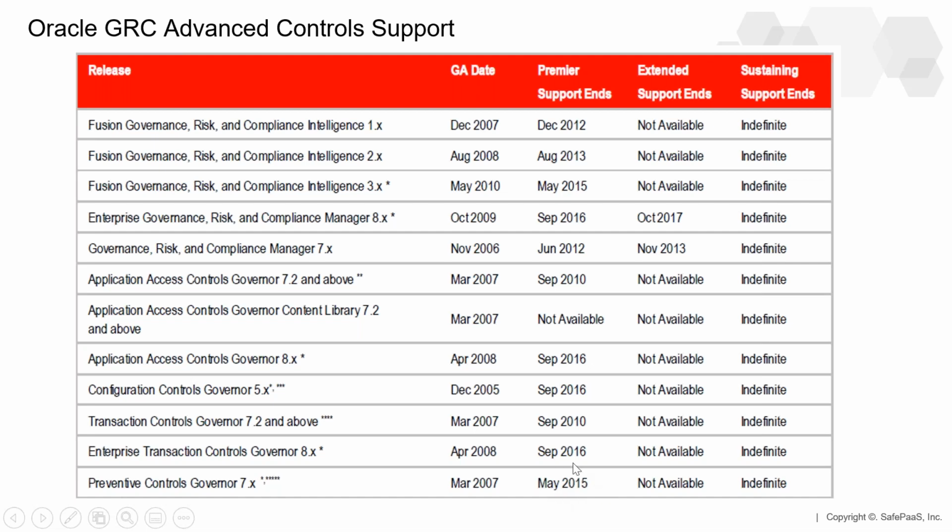That was 2015, and we saw a big drop in usage, but many customers love it because of the benefits it provides, and they still continue to use it. We're even still implementing it for very few customers, a couple of them are still implementing preventive controls. And there are some challenges, but what's happened since then is as these products have gone into sustaining support